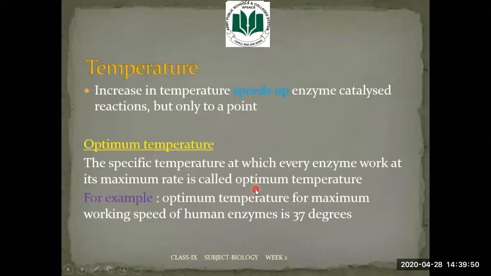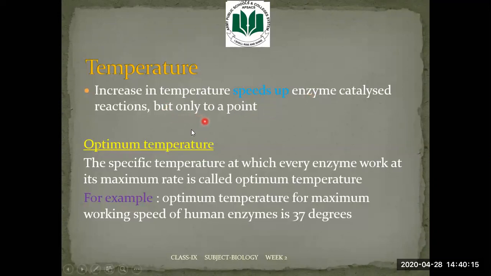So the first factor of our today's lesson will be temperature. Temperature, as we know, is the degree of hotness and coldness of a body. Any increase in temperature will speed up the enzyme catalyzed reaction. This is the rule. When we increase the temperature, our reaction rate will be increased automatically, but it will happen